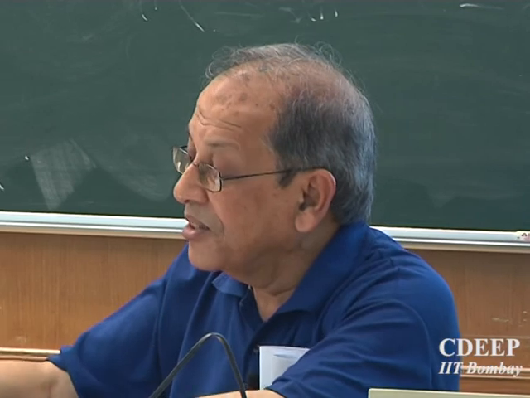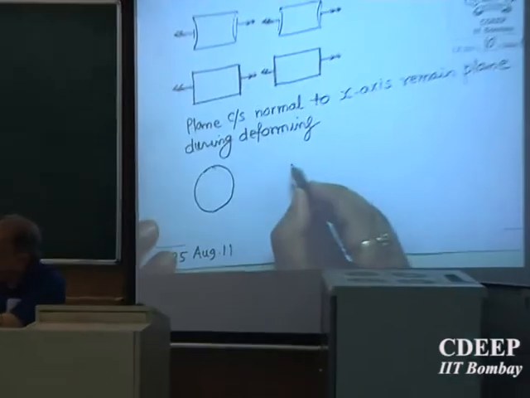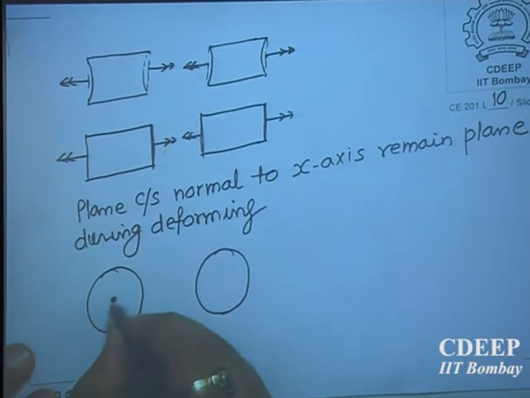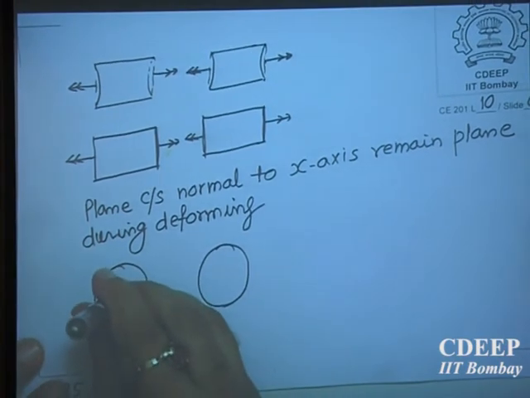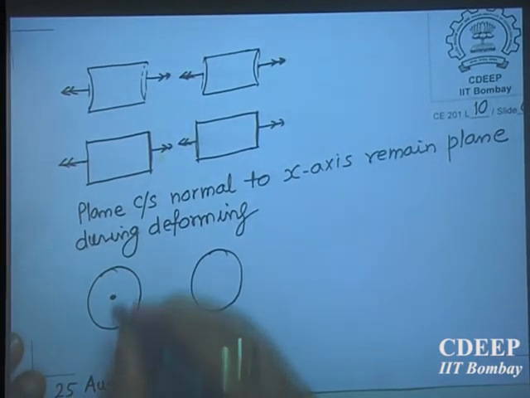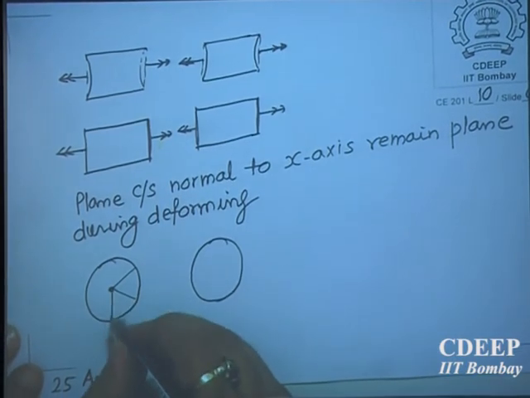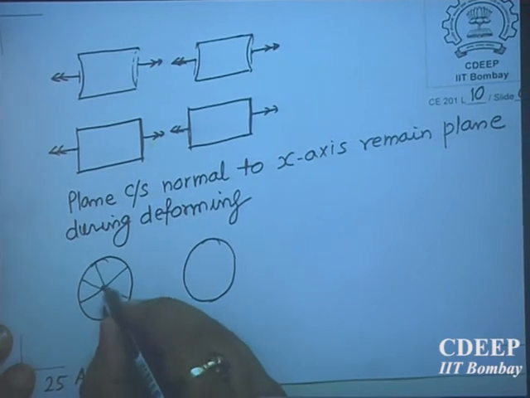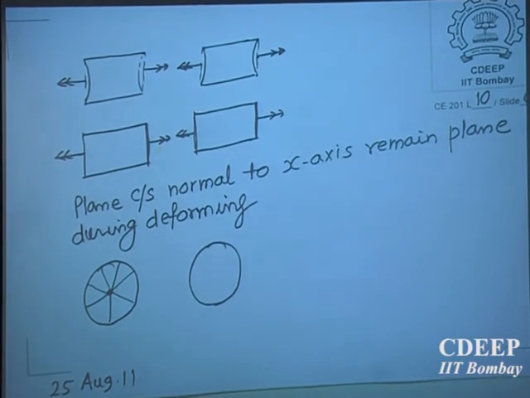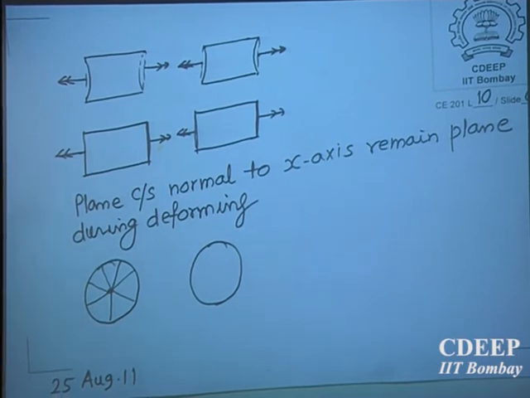Now, in the cross section, I am drawing this cross section. A torque is applied, the torque is perpendicular to the cross section, outward. You have just now proved that plane remains plane. What about the radial lines that I can draw? What happens to these radial lines? I want to study the behavior based upon some experimentation, some physical argument.